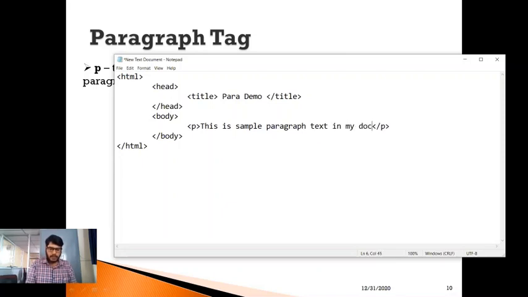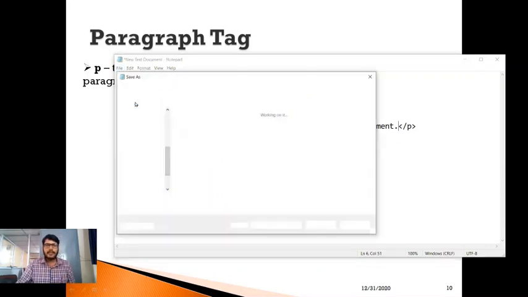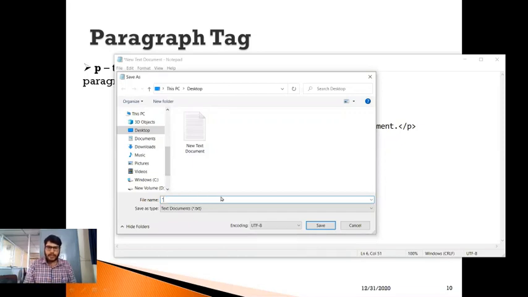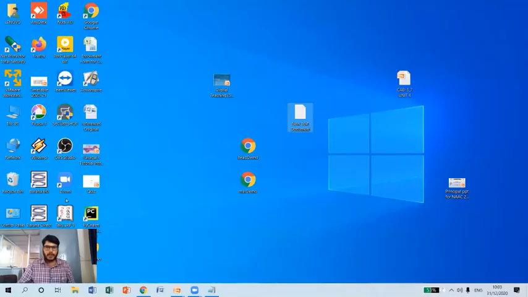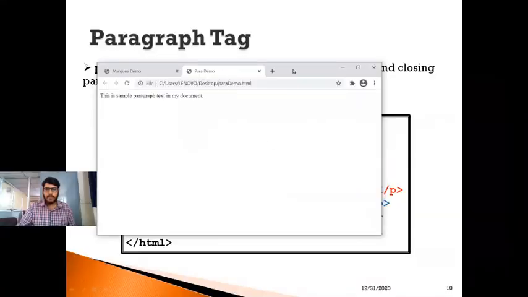in my document. Now if I save this, I'm going to save this one with the HTML extension. So let me click on save as. Again, within double quotation, paraDemo.html, double quotation complete, and click on save. Let me go to desktop here, look at the file. So this has created one more HTML file here. You can observe para demo. If I execute this one, you can see